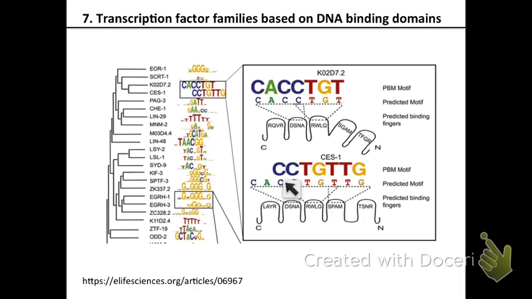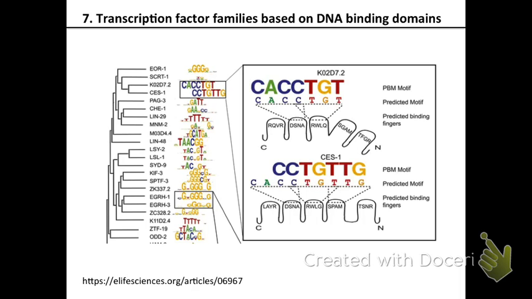One of the things that you can do is crystallize the DNA binding domain with a piece of DNA fragment containing the sequences that it binds to, and then see which of the amino acids are making these interactions. Then use that information to look at a related transcription factor and try to guess which amino acids will be important for the recognition of which DNA sequences, and then you can experimentally test your hypothesis